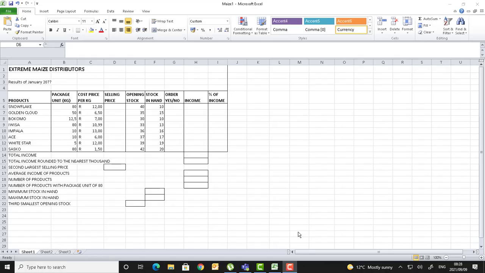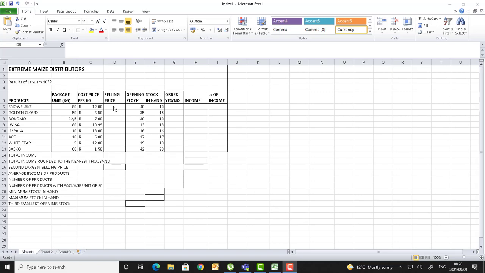All right, so you are supposed to calculate selling price. When you look at the instruction, it says selling price equals package unit multiplied by cost price per kg plus 10% of the answer. What you see there is just an example in your instruction question paper. It's just an example of the formula that you can start to follow, not to use as it is,